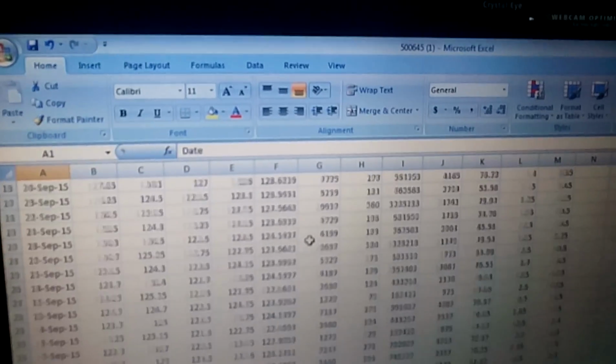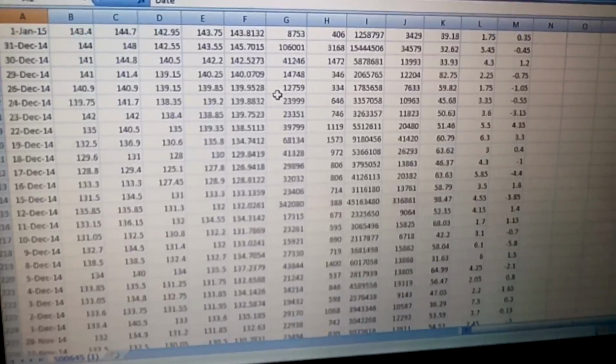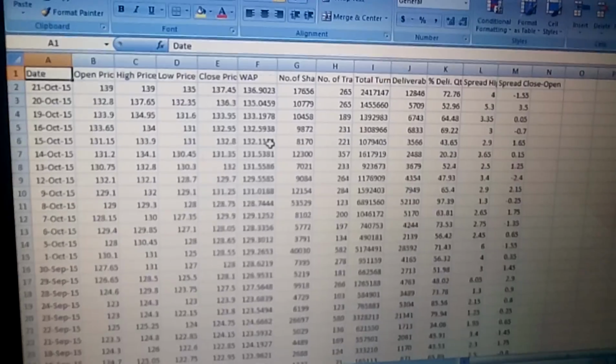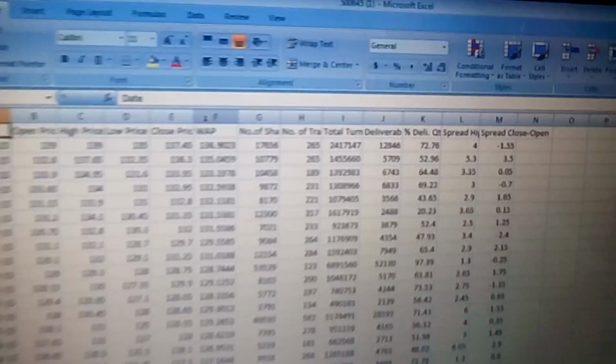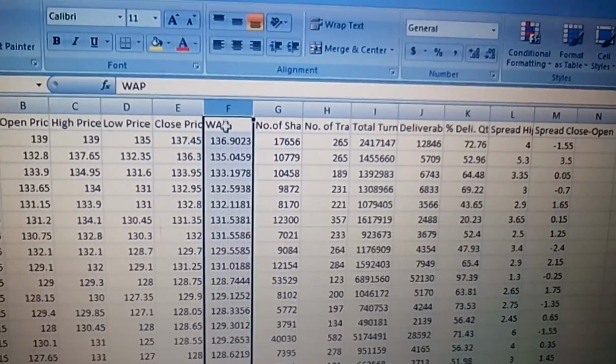Here is the last 3 years of historical price data of Deepak Fertilizer and Chemical Limited. Choose this F column, which has the average price.